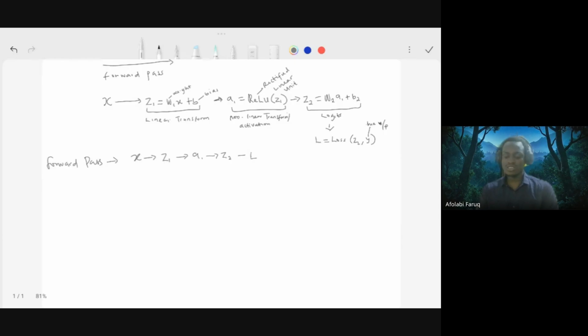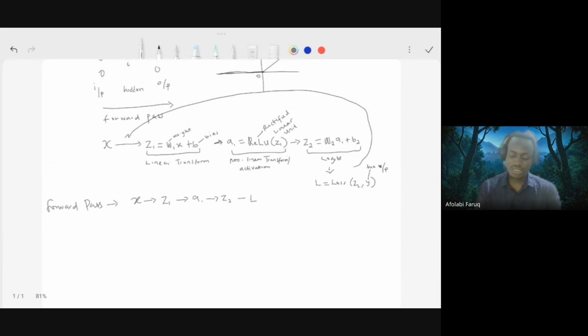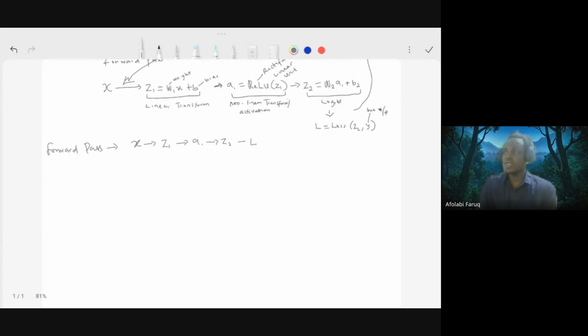Backward propagation works, as opposed to moving sequentially from the input down to the output and measuring the loss, by moving backwards, and that's why it's called backward, from the output to the input. That is, from the loss down to the input here. So that is backward propagation. And what do we do there? What we do here is we tend to measure how each factor affects the other. So let's say, for example, we are going to be measuring